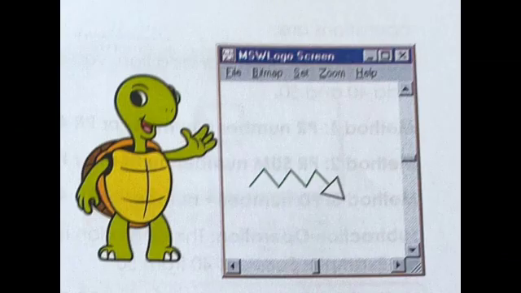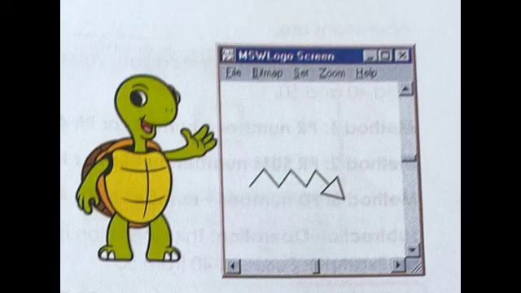The set screen color command sets the background color of the graphic screen. If you give set screen color 4, then it will change the background color to red. Next is the fill command. The fill command fills a closed figure with the color of the brush. The color of the brush is set using the set flood color command.